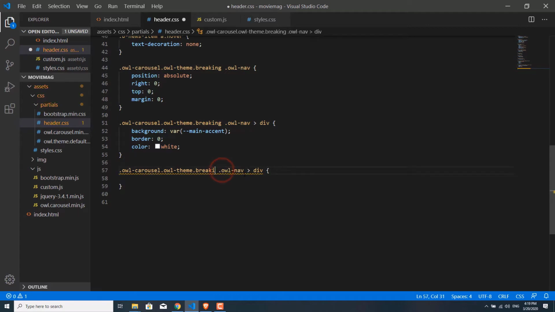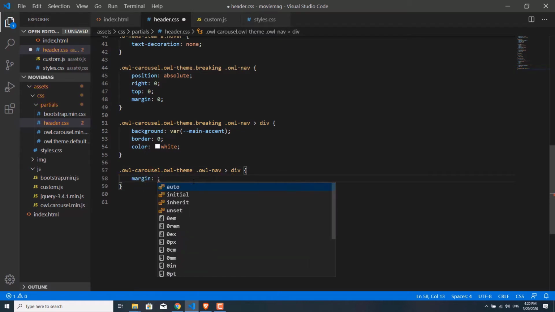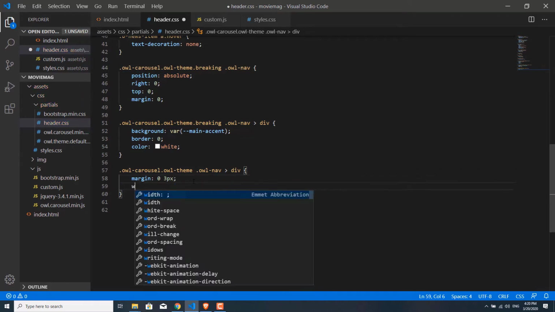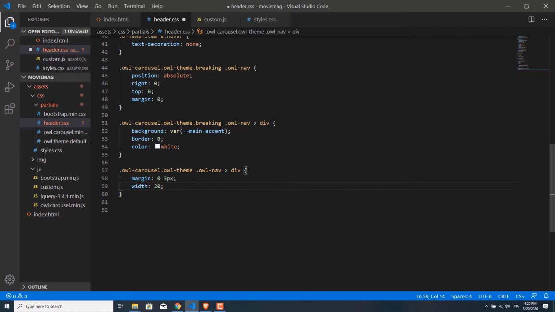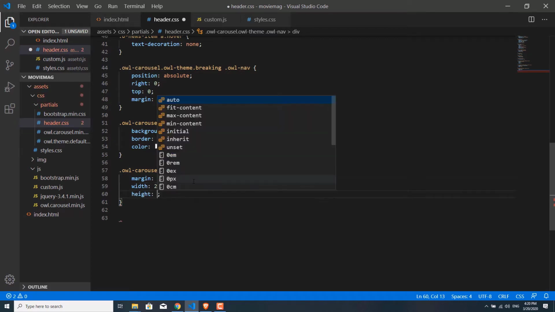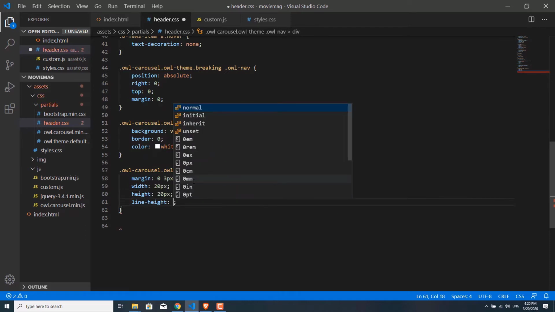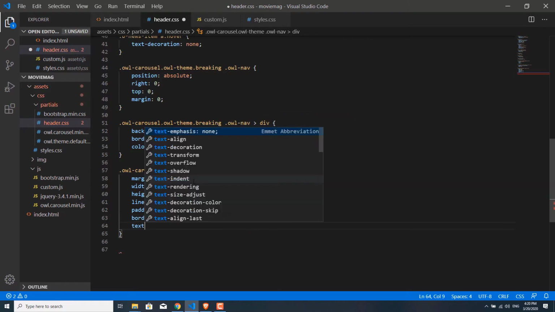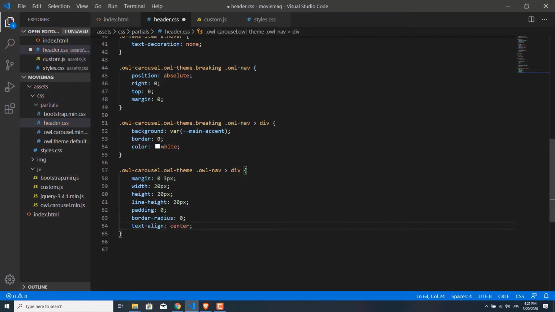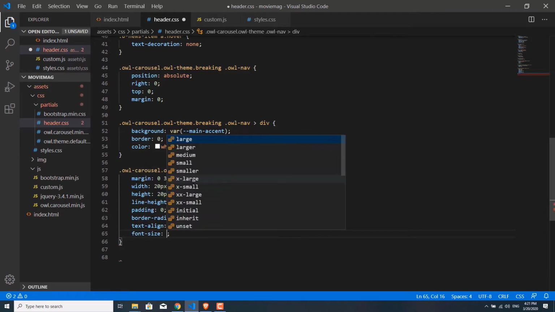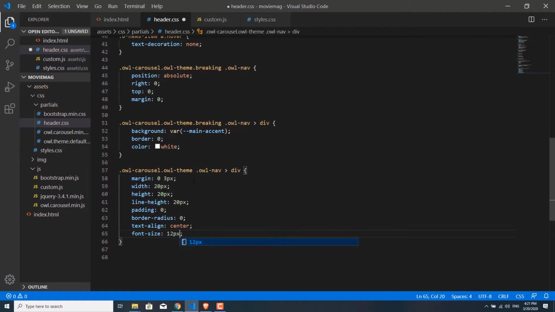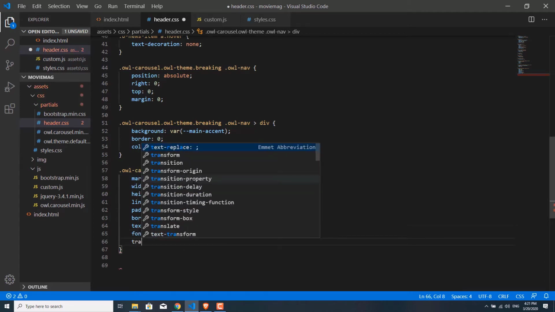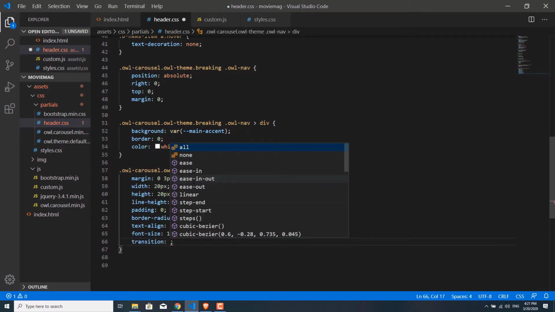We won't need the breaking class from here, and here we need margin, pixel width 20 pixel, height 20 pixel, line height 20 pixel, padding 0, border radius 0, text align center, font size 12 pixel, and the transition should be 400